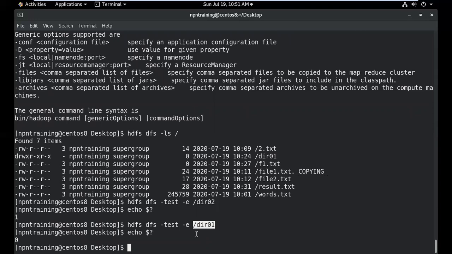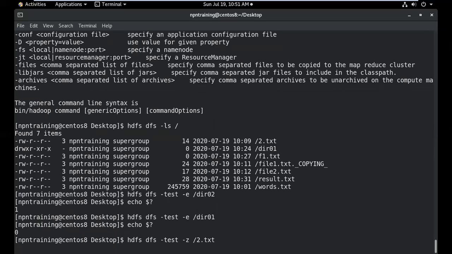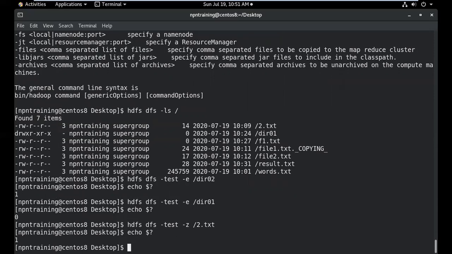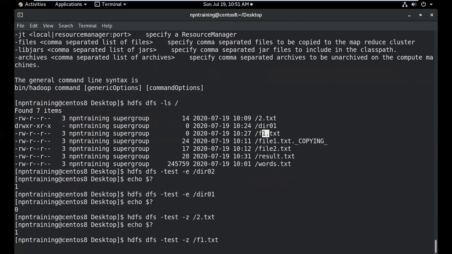Okay. For example, look at this. This is another set of attributes that you can give. hdfs dfs -test is another attribute. For example, this is something called -z. For the -z, let me just give 2.txt and let me print the return. It is executing. Now, can you see this here? What this means is, there is a file. Please understand this one. You have 2.txt and you have f1.txt. Now, let me also do it for f1, and you will understand. Both the files are there, but please look at this.